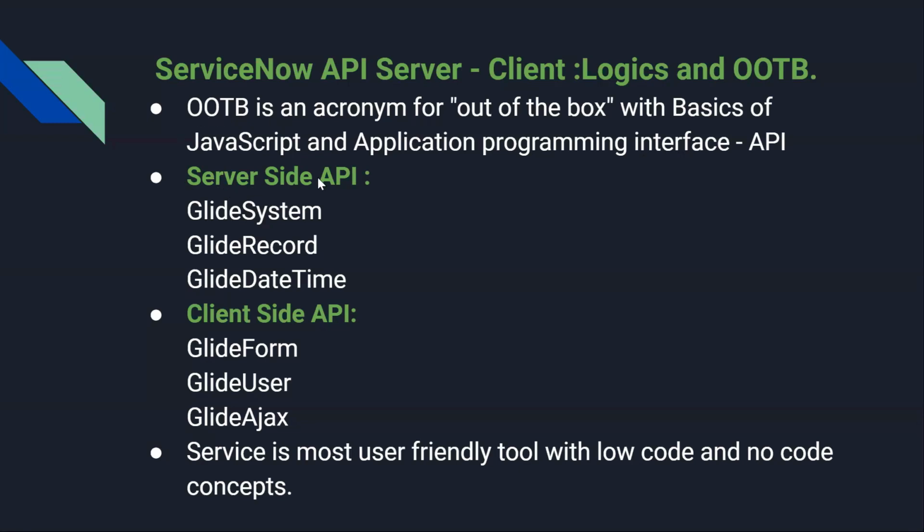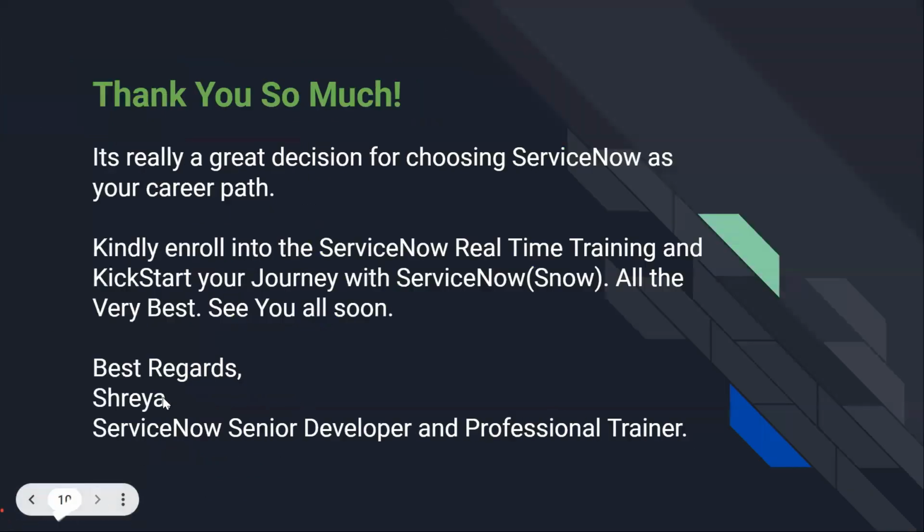Okay, and coming to a few APIs, I just listed out 2-3 examples like GlideSystem, GlideRecord, GlideDateTime. Coming to client-side APIs, which are GlideForm, GlideUser, GlideAjax. ServiceNow is one of the most user-friendly tools with less code, or it encourages no code, low code. That means they want the implementation